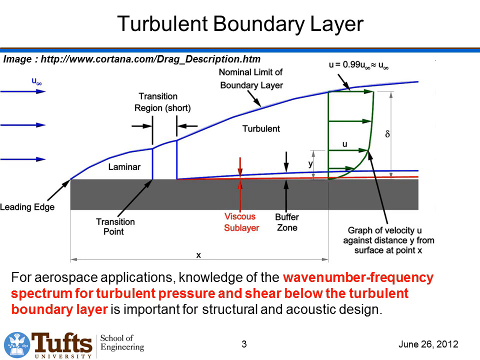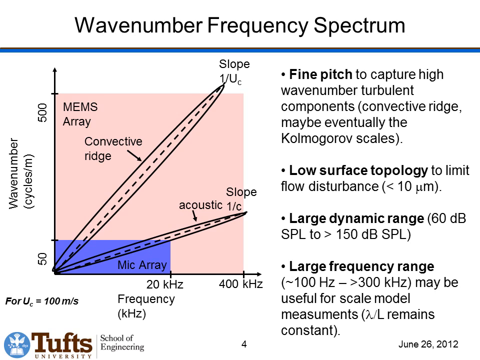One thing you should know about the turbulent boundary layer is that underneath the turbulent boundary layer there's a very thin viscous sublayer in which the flow is not turbulent, it's just not quite laminar, but it has very simple structure and it's not very turbulent. And if we can keep our MEMS structures within that viscous sublayer, then they won't have a major impact on the turbulence and they won't cause the turbulence to trip or change its properties. So we would like to keep our surface roughness less than that viscous sublayer,